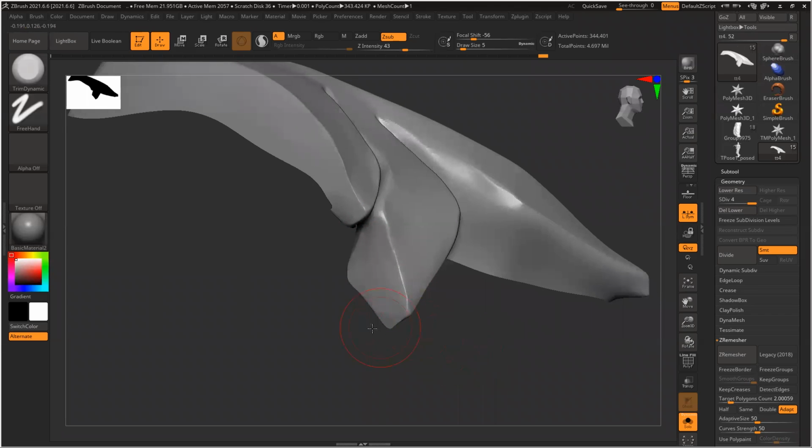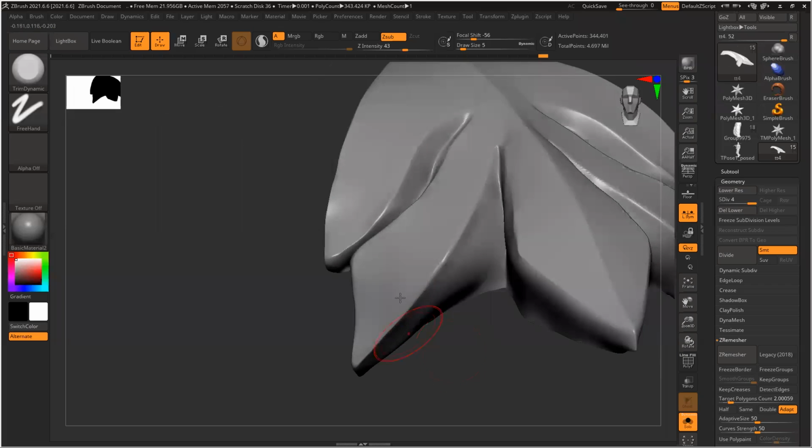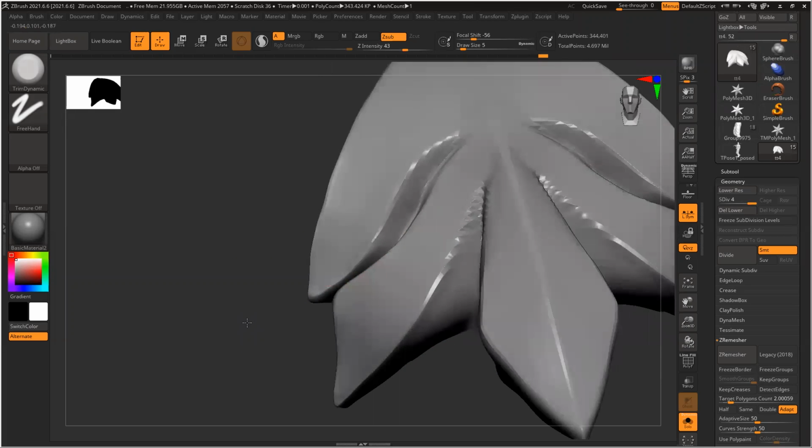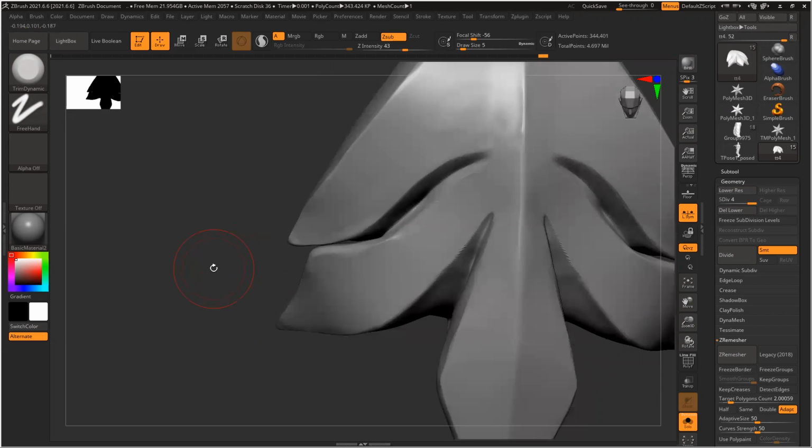Now, I want to work on all these edges, but you can see it's very difficult. I cannot check or isolate only that section. So there is a way I can isolate that and only work on this section. I'll go to whichever view I want, press Control, Shift, and Alt together. You can see it will change to select brush and change this rectangle to lasso.